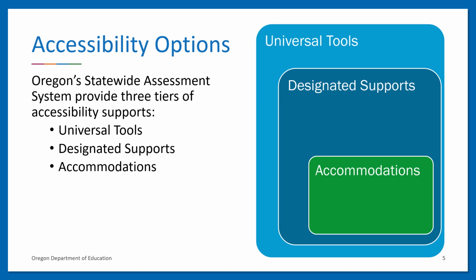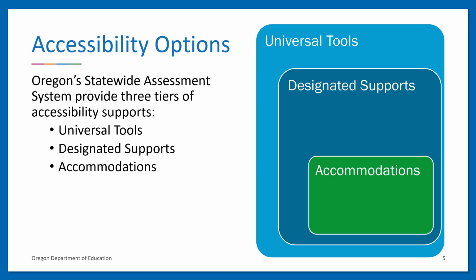Universal tools are automatically available to all students and can be student selected. Designated supports are set in TIDE by test administrators and are available to any student based upon identified need. Accommodations are also set in TIDE by TAs and are available to students who have that support documented in their